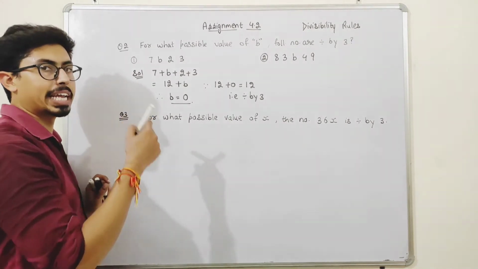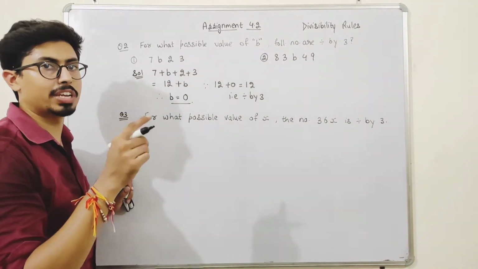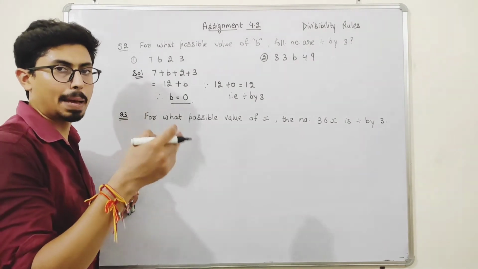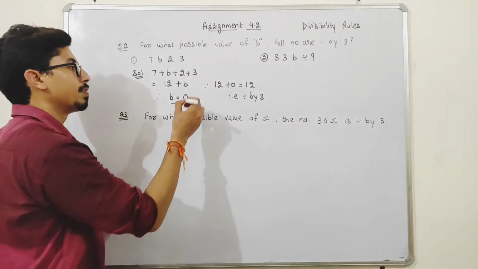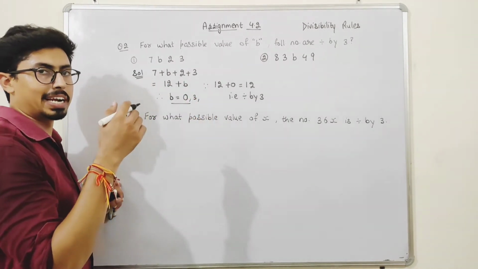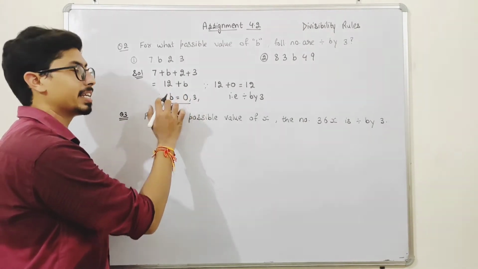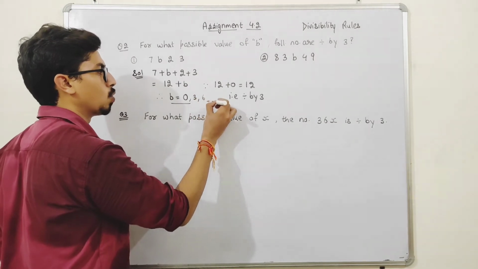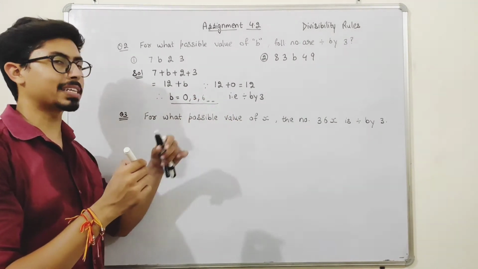Or we can take, see, now we have taken 0. If I take 3 after the gap of 3, it will be 15. Yes, we can take 3 also. Add just 3 more. If I take 6, 6 plus 12 is 18, 18 is divisible by 3, and so on. This will keep on going. So the numbers can be 0, 3, 6.